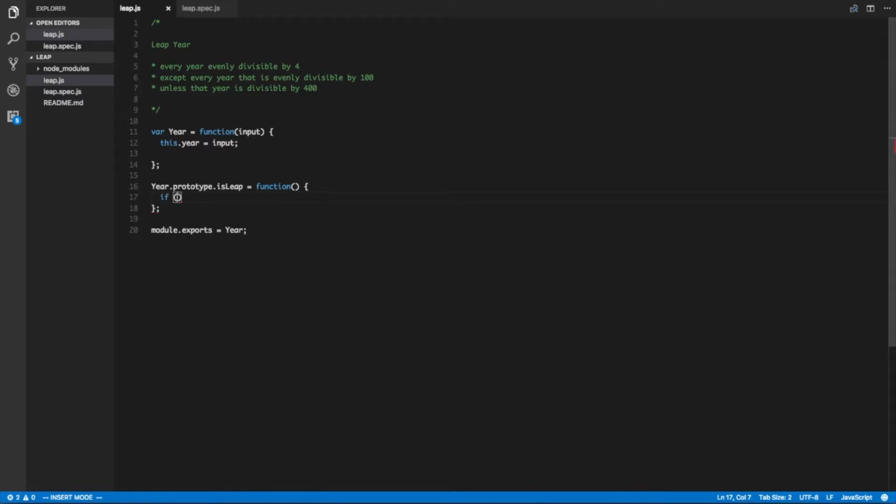If this.year, which is the year that I'm testing from the parent function, from the object instantiation, if this.year is evenly divisible by 400, meaning that there's a remainder of 0, then I'm going to return true. That is a leap year. If the year that I'm testing is evenly divisible by 400, it is a leap year. So now we're going to go ahead and write else if,